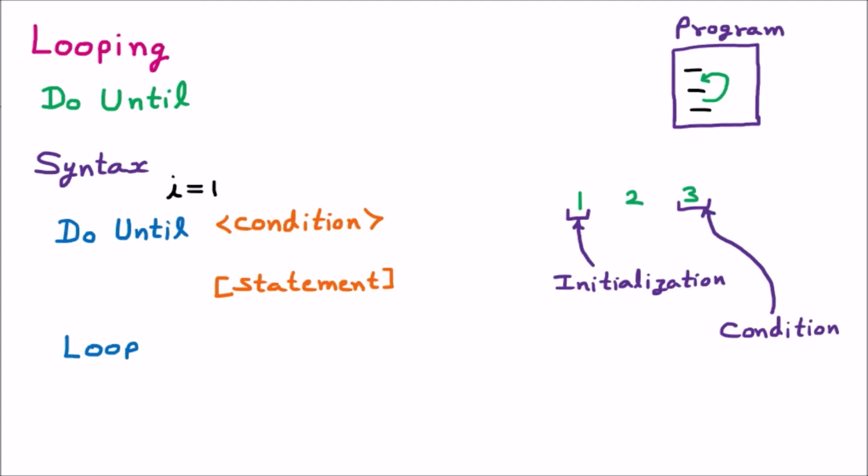Now we should understand one thing. Do until is not like the for, while or do while. It is completely different. Because if you talk about the for, while or do while, they work on the true condition, means whenever the condition is true, then they run. But do until is opposite. It works when the condition is false. So here we should provide the false condition.